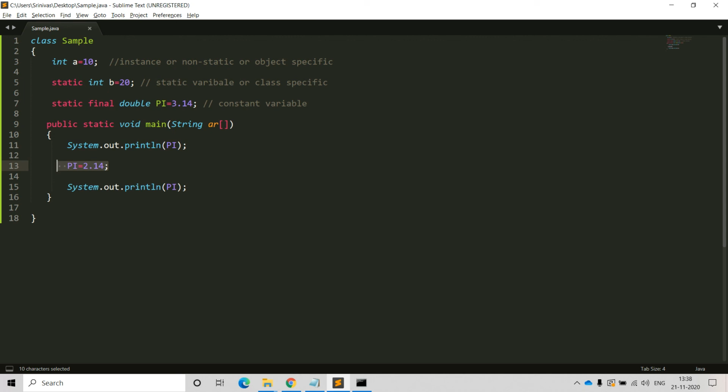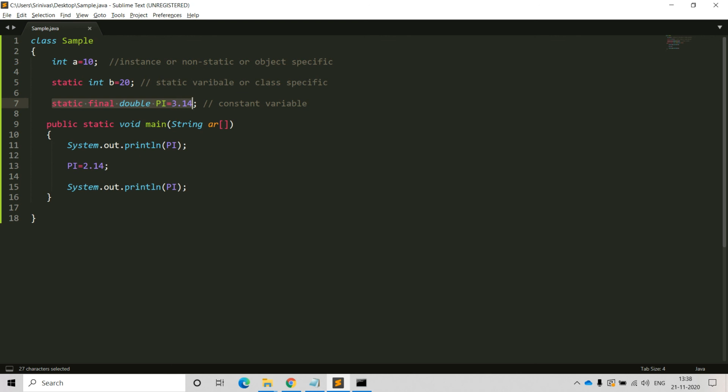So with this, in the class level variables, whether it is an instance or static variable, whatever variable it may be, if you try to use it without assigning some value, we are going to get the default value associated with the data type of that variable. But for the constants, definitely at the time of defining the variable itself, we have to assign some value. Otherwise, it will not accept. If you want to use the constant variables, definitely at the time of declaration of the constant variable itself, we have to assign some value.